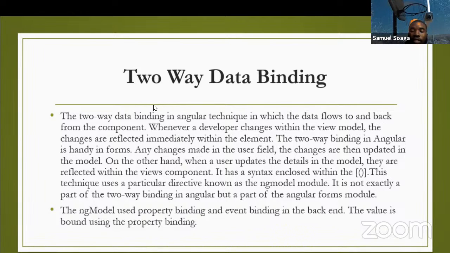On the other hand, when the user updates the details in the model, they are reflected within the view component. It has a syntax where we enclose brackets inside angle brackets. This technique uses a particular directive known as